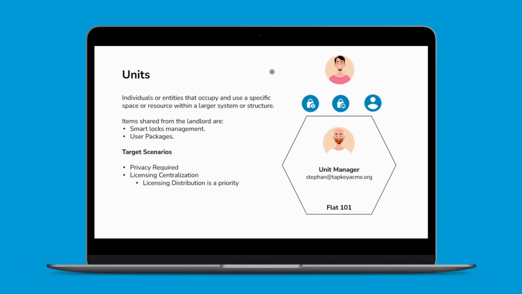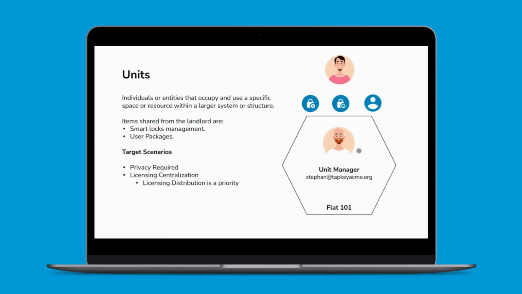In the case of multi-tenant installations or buildings, we have the need of Boltzmarkt, who will want to share some specific locks with some of the tenants, but it is also important that each one of the tenants has enough privacy. And this is one of the key points for the multi-tenant functionality,